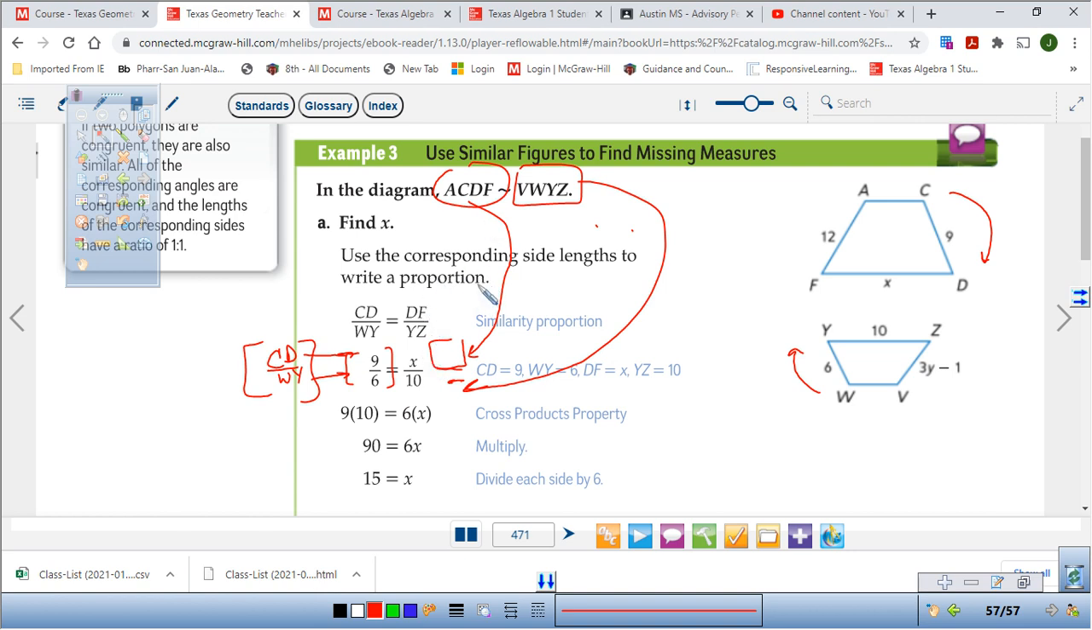So let's look at this. We figured out 9 goes to 6. So I would set it up as 9 goes to 6. Now, 9, you see this one, is from this top one up here. 6 is from that bottom one down here. So I'll go from the big one